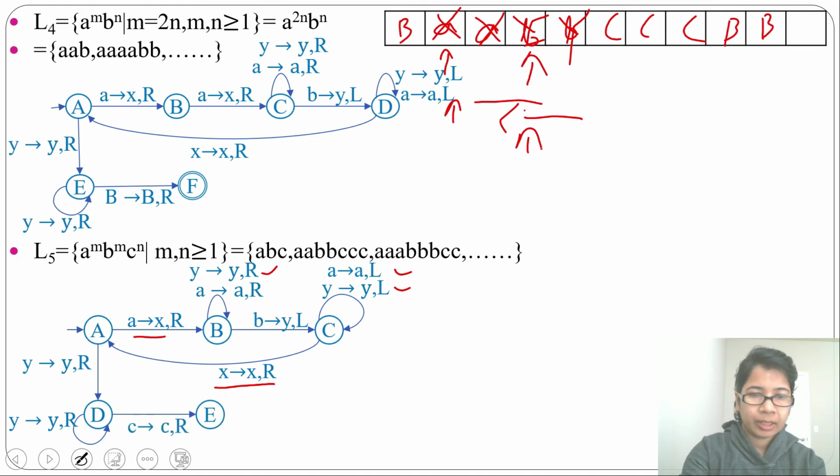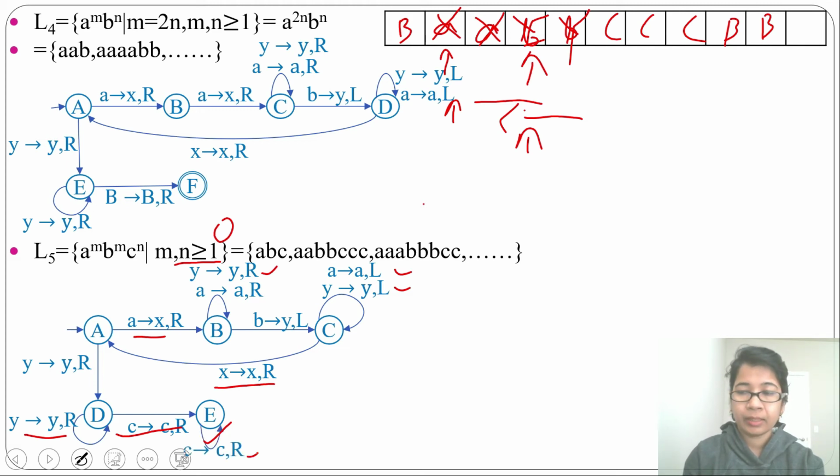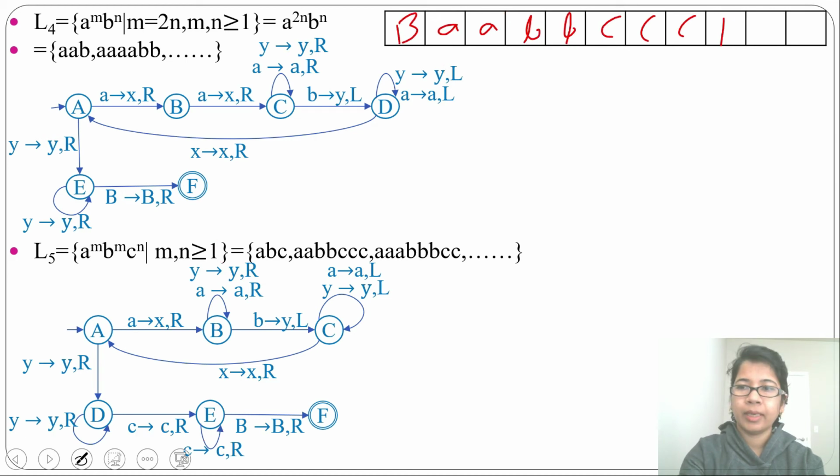Just mark one thing. If it is m, n greater than or equal to 0, then you can write this in a loop. But here it is greater than or equal to 1, that's why a minimum of 1 C will be there. So when a minimum of 1 C will be there, that's why we are writing it in a separate state. Now there may be more C, so just write it in a loop. C will be C and it moves right. Then finally it will see blank, blank will be blank and it will move right and this string will be accepted. Let me run this string on this Turing machine.